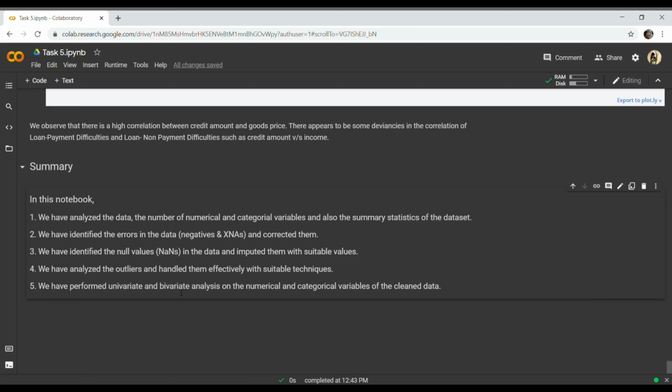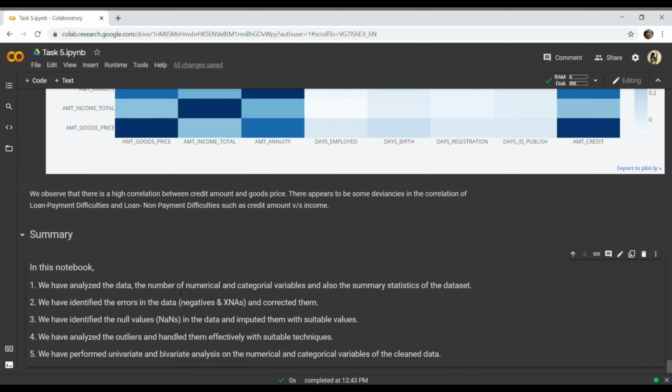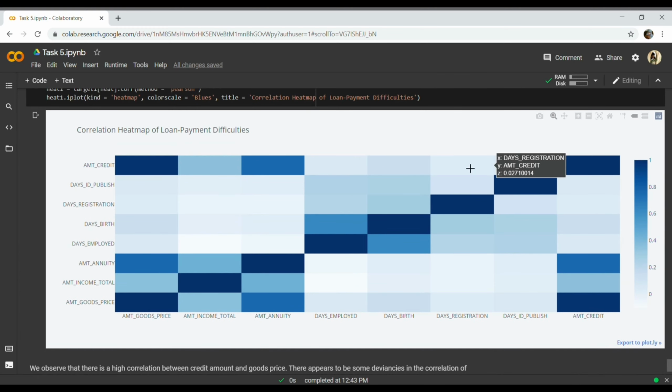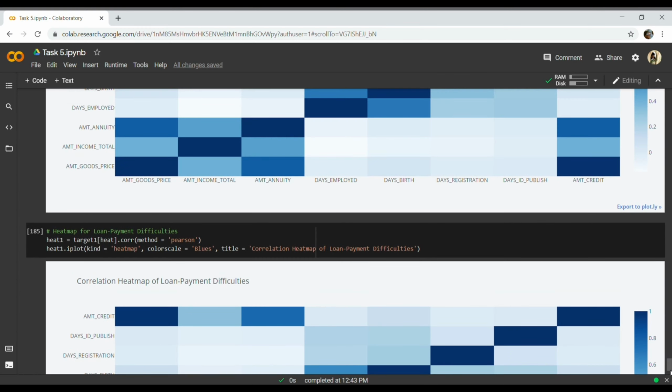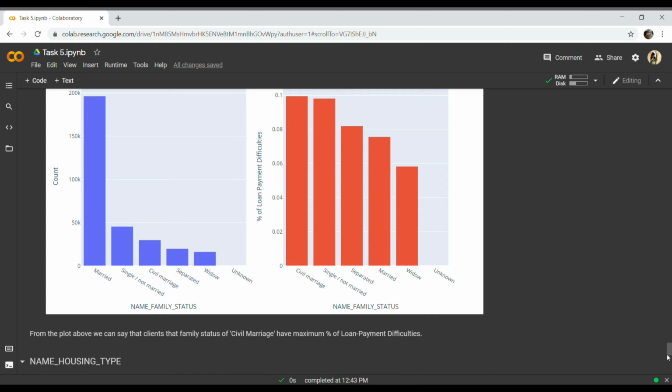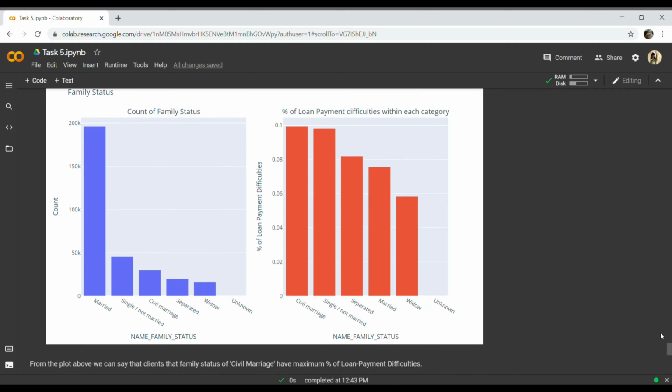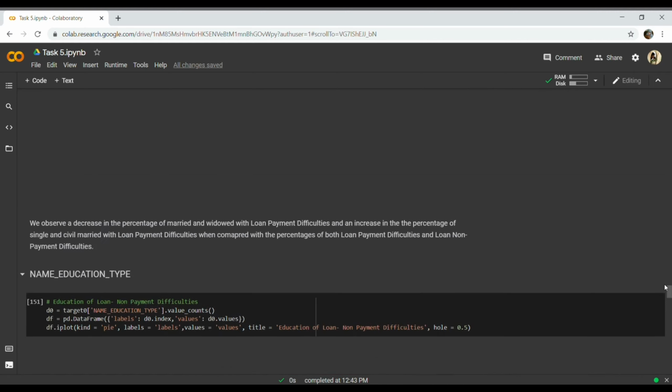Then we have analyzed the outliers and handled them effectively using Winsorizer from Feature Engine. Then we have performed the univariate and bivariate analysis on the numerical and categorical data and found several insights, like which two variables have the highest correlation, and which one has the highest percentage of loan payment difficulty when compared to the others.